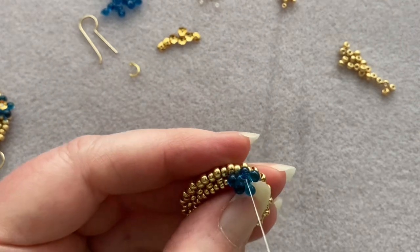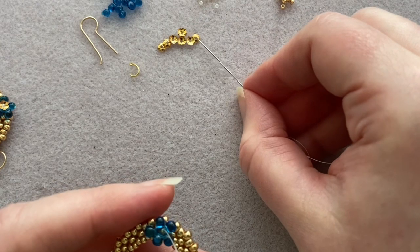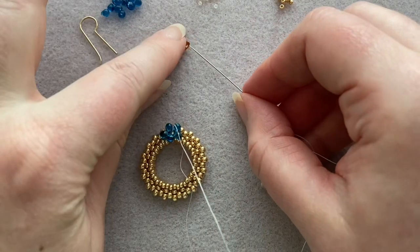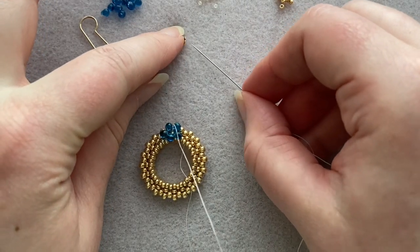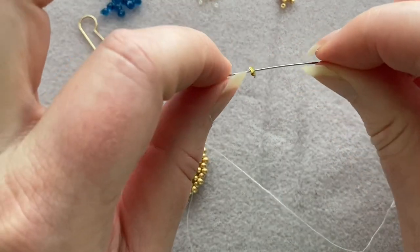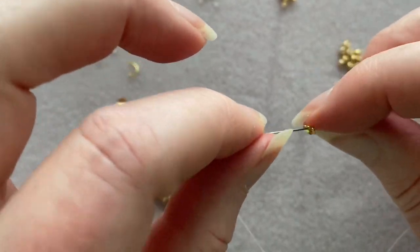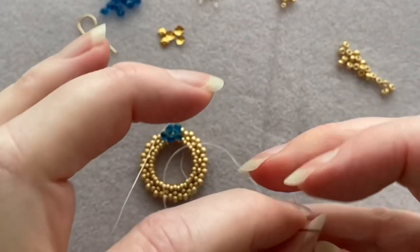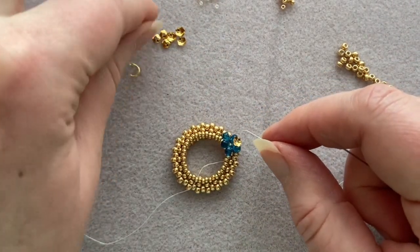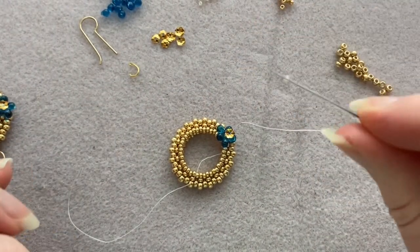So go ahead, pull your thread up through the middle of that flower shape, pick up your bead cap, and make sure that you're going into the convex side, so the side that is humped, okay? Enter from that side and come out of the cupped side, the concave side. You guys remember all that from school? Concave and convex. Okay, then you're going to pick up one of your 15 O's